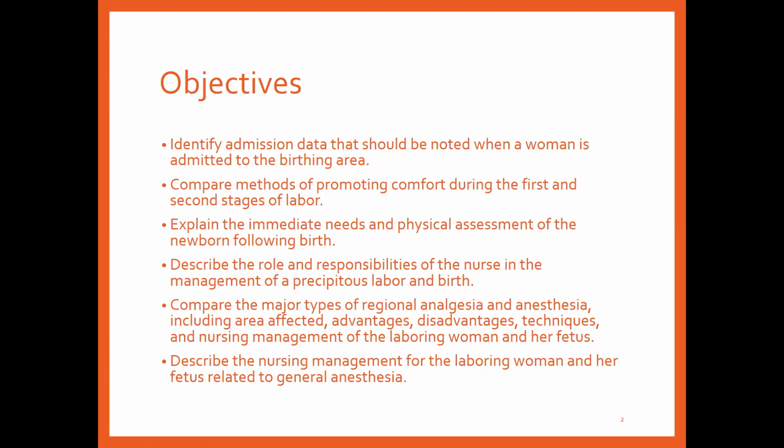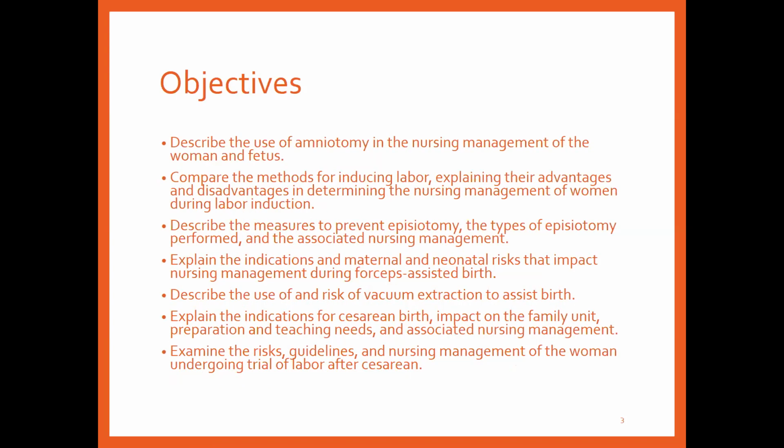and birth, compare the major types of regional analgesia and anesthesia, including areas affected, advantages, disadvantages, techniques, and the nursing management of the laboring woman and her fetus. Describe the nursing management for the laboring woman and her fetus related to general anesthesia. Describe the use of amniotomy and the nursing management of a woman and fetus. Compare the methods for inducing labor, explaining their advantages and disadvantages in determining the nursing management of a woman during